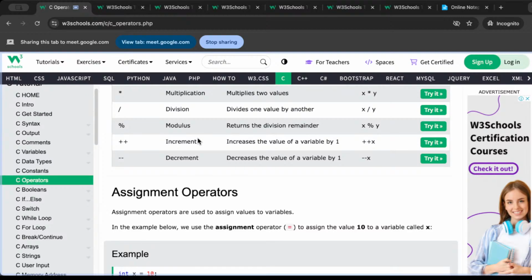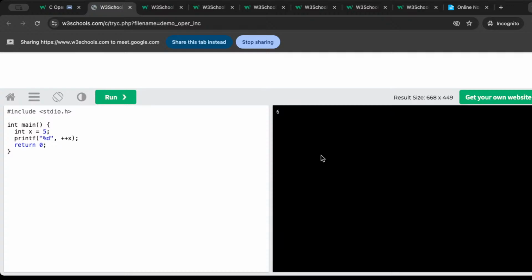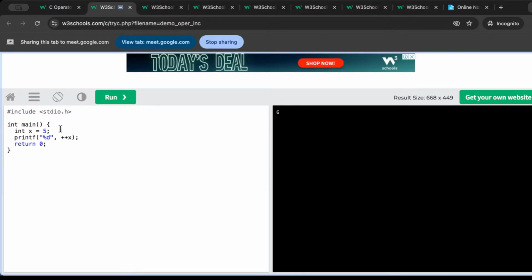Increment means whatever the value is, it will increase the value by 1, plus 1. The decrement will decrease the value by 1, minus 1. Let's see the example. See, the value was... so what it does, see,